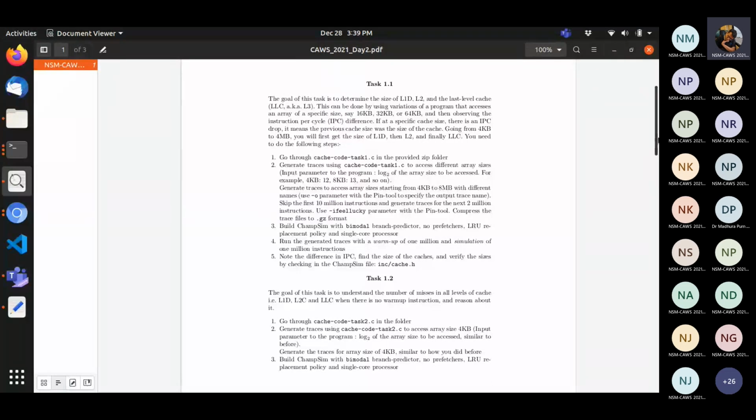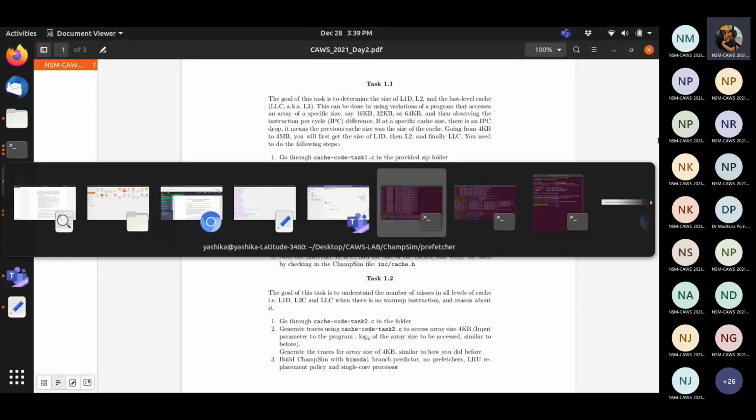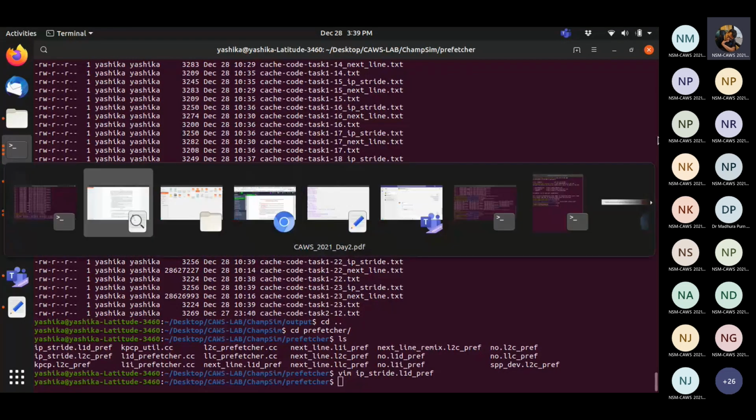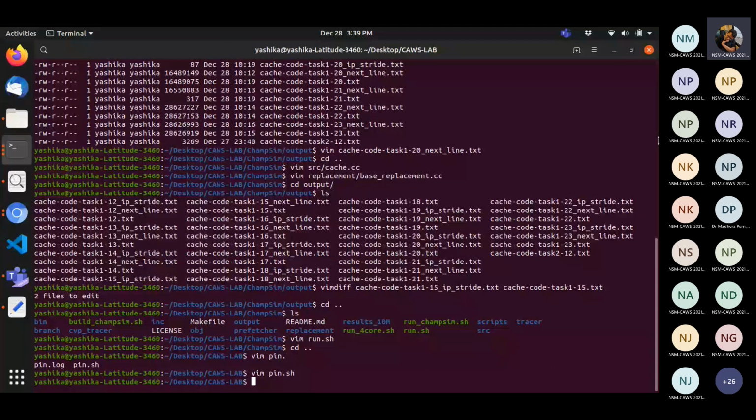When you are accessing an array, you have to jump, and you should not access with spatial locality. Instead of just iterating over a of i, where i is determined by a for loop, you should do a of random, but the random should be within, let's say, a 4 MB boundary or 1 GB boundary. So you will start accessing A1, A13, A20, A29, and eventually it will be thrashed.